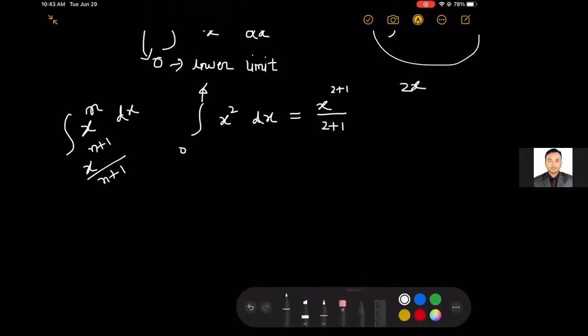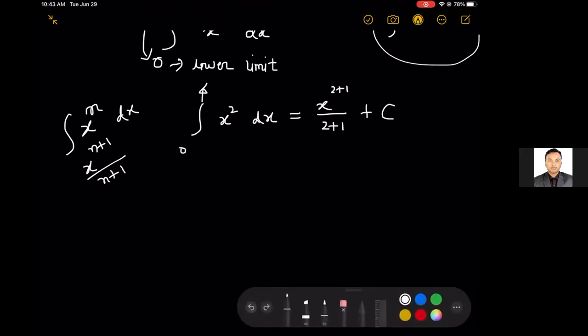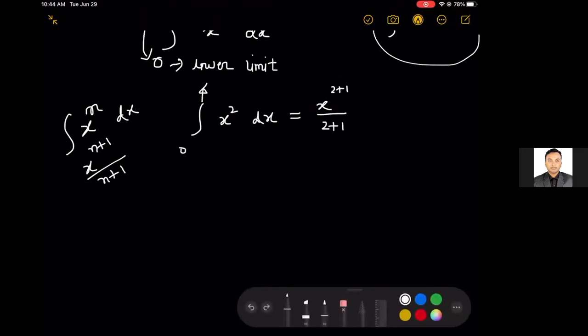And again, if you remember, if we had an indefinite integral, then we would have written a plus c, right? But it's not. It's a definite integral. We know that because we have a certain interval to consider. So we'll not be writing this c anymore. Instead, that's the additional part I was talking about. The antiderivative part would be exactly the same as we have done for the indefinite integrals. But for the definite integral, instead of writing c, we'll be evaluating this